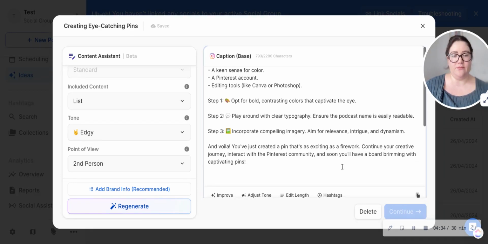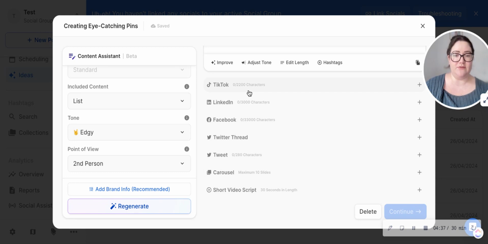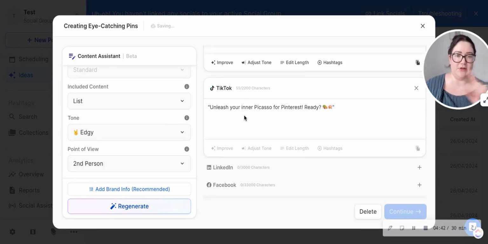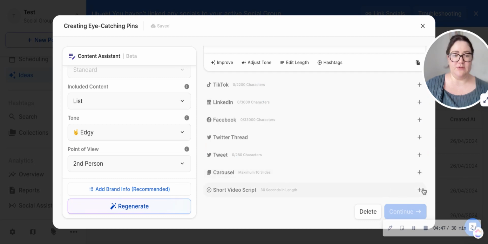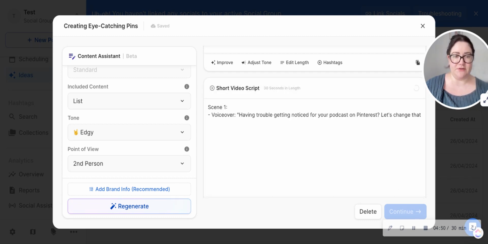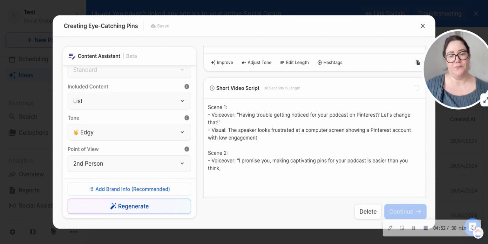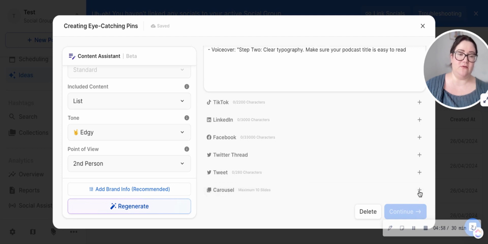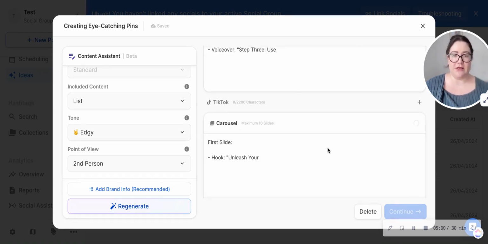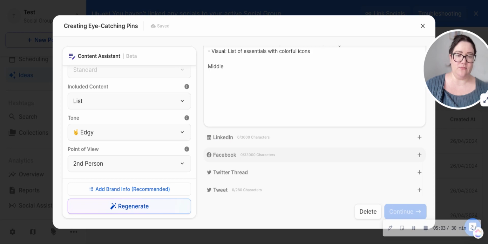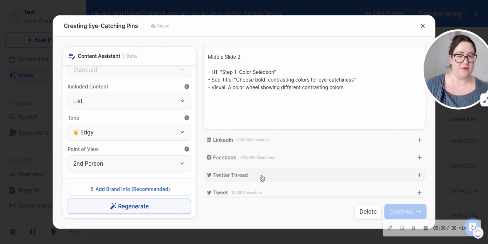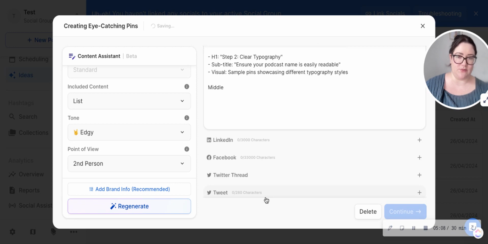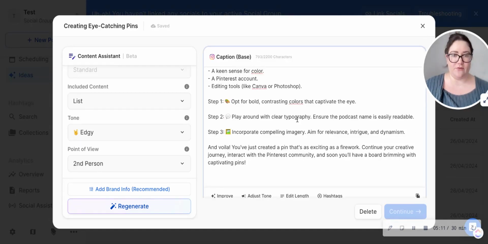There we go. Oh, and it will generate these for you as well. So it will generate a TikTok video for you as well. Not the actual video, but the voiceover if you wanted, or the caption. And if you wanted a video script, it will also create a video script for you. And if you wanted to create a manual carousel on Canva, it will tell you what to put on your slides as well, which is fantastic. And it will create LinkedIn posts, Facebook posts, threads, and tweets as well. So if you're happy with all of that,